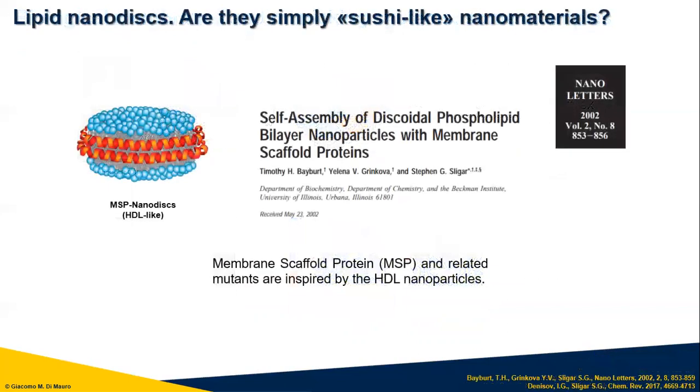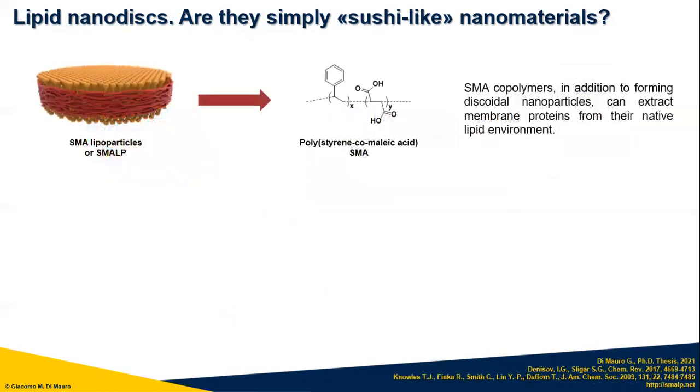However, the term nanodisc is quite general. It is in fact an umbrella term for an enormous variety of systems available. Inspired by the high-density lipoparticles, or HDL, historically, the first were presented in the early 2000s, and they had a tremendous impact in the field. In 2009, the discovery that a synthetic polymer named SMA could form similar nanoparticles shocked the field once again.